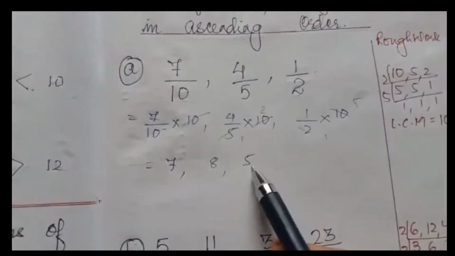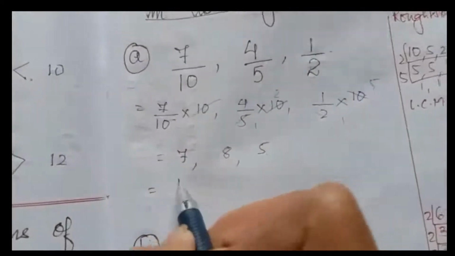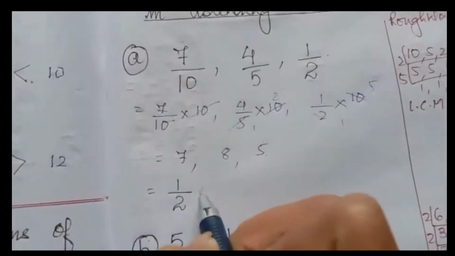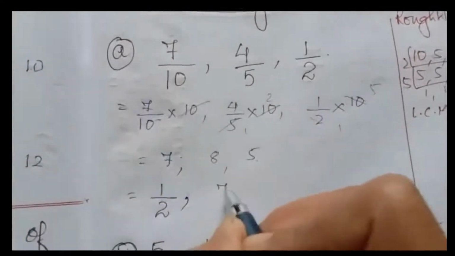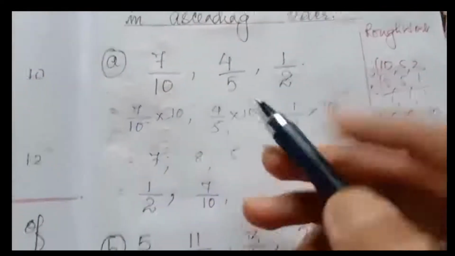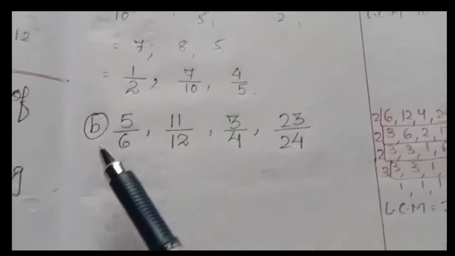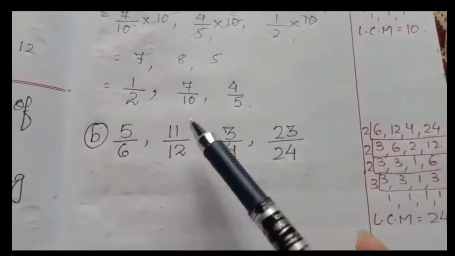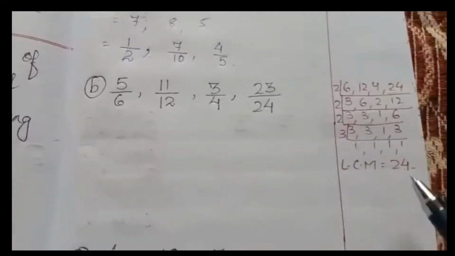Now you can easily compare. This 5 is smallest. So 5 is 1 by 2. So 1 by 2. Then next is 7. 7 is 7 by 10. And this 8. 8 is 4 by 5. Now next is question number B. 5 by 6, 11 by 12, 3 by 4 and 23 by 24. First you take LCM. After that